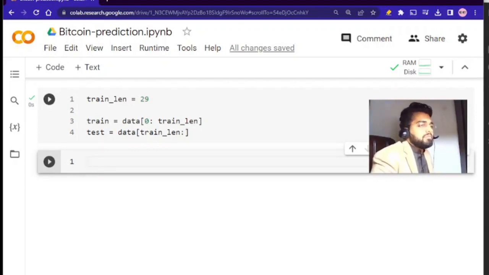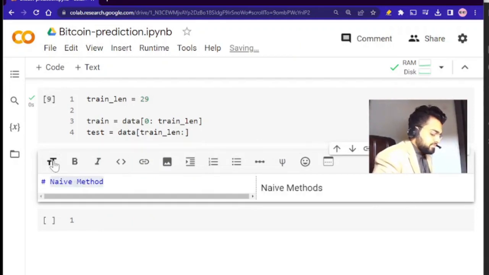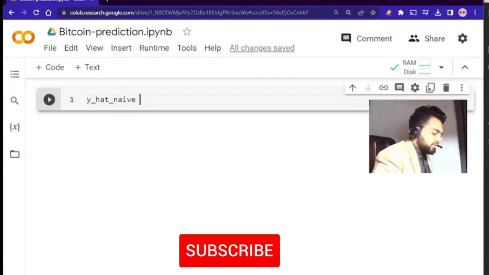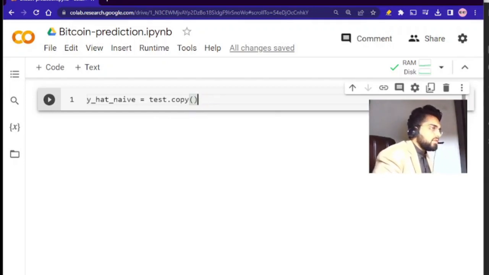Now let's apply the naive method. The naive method uses any constant value as the prediction, so we will use the last value for the prediction. The naive method means a simple method. You are just going to give a constant value as the prediction of the model. So y_hat_naive_method is equal to, let's make a copy of our test dataset, test.copy,